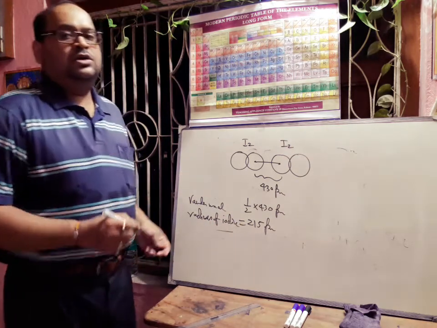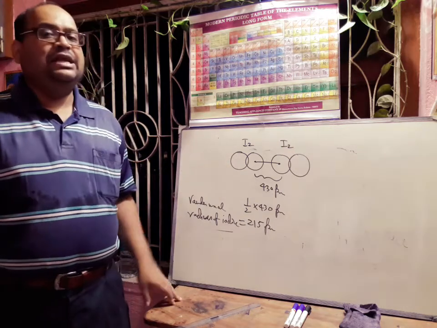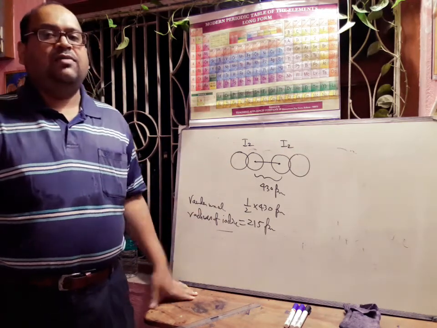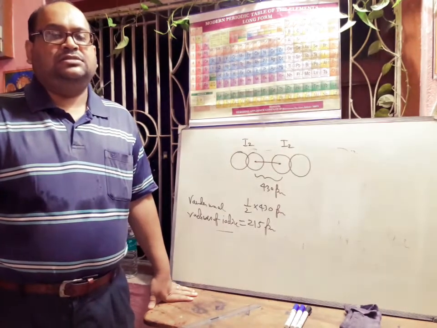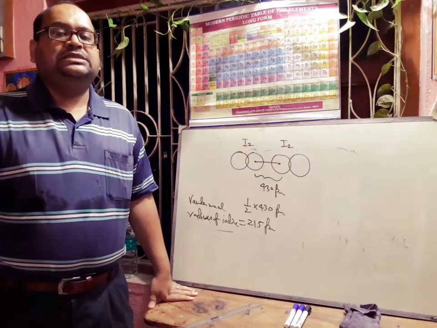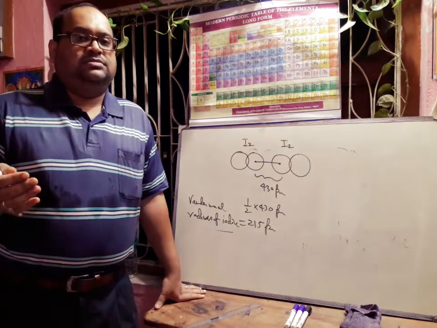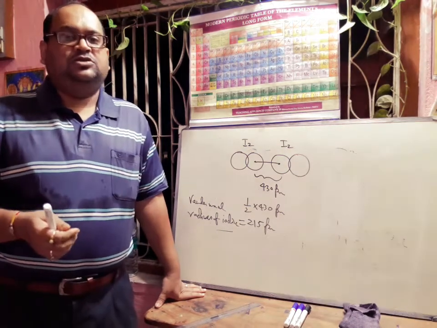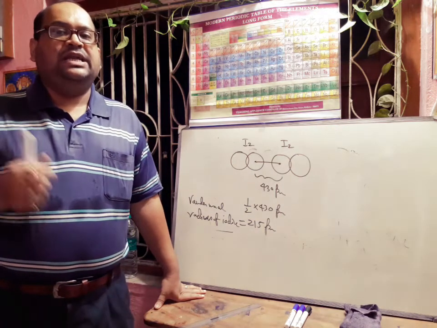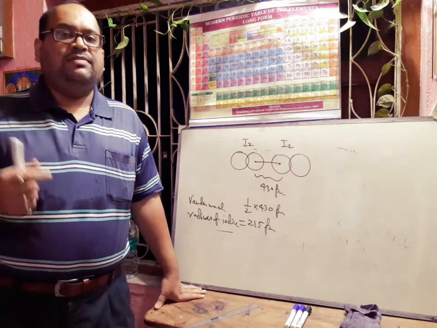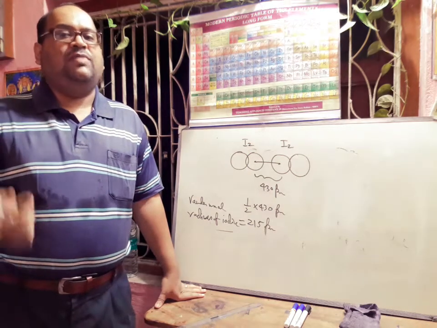From here we can easily understand that the van der Waals radius will always be greater compared to the covalent radius. Next we will discuss the metallic radius or crystal radius. In the case of a metal, the atoms remain in a single state, that means monatomic state. Its radius is one half of the internuclear distance between two nearest metal atoms in the metallic lattice, and is called the metallic radius. So both metallic radius and van der Waals radius are larger than covalent radius.